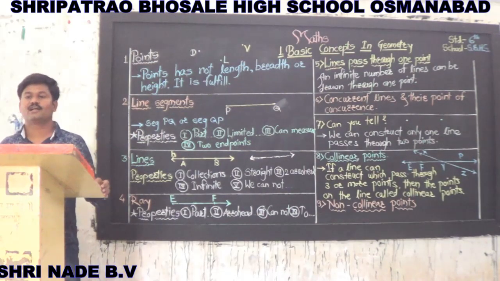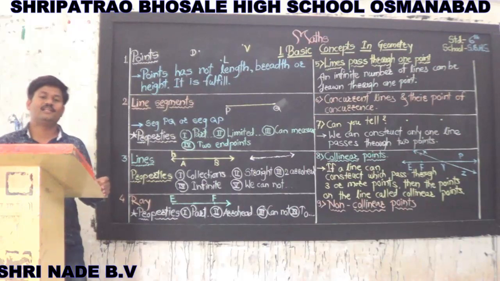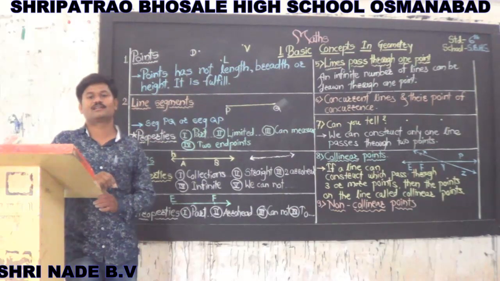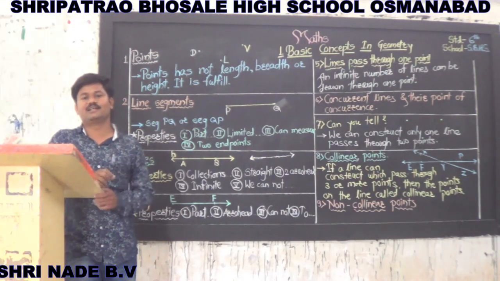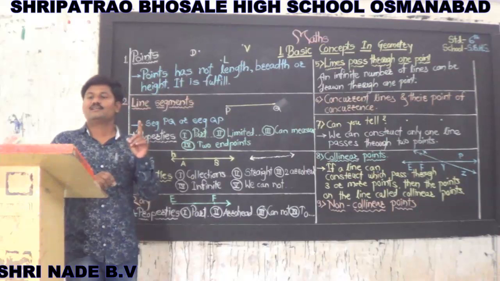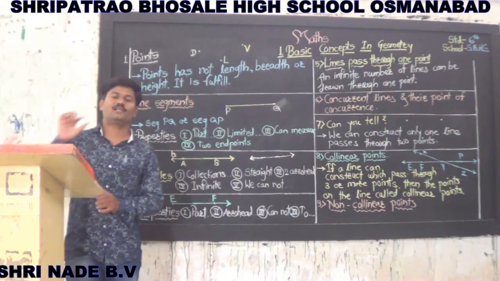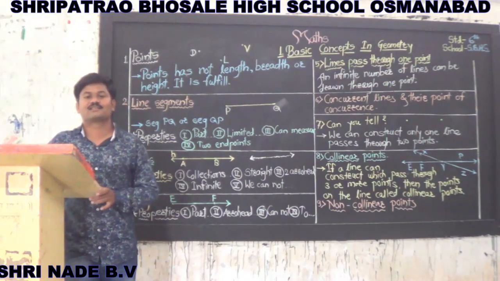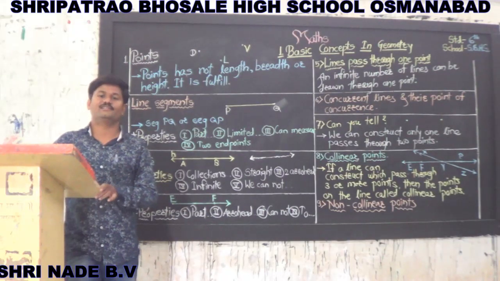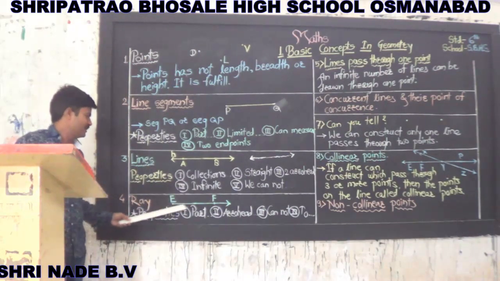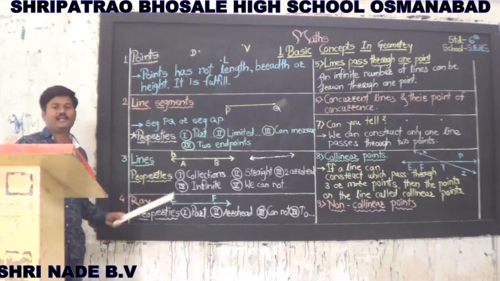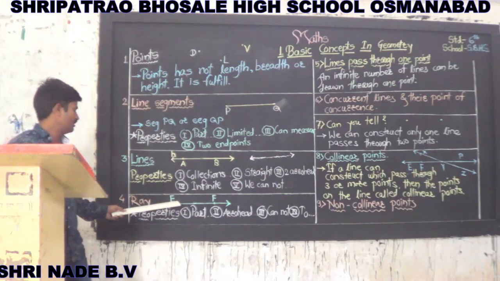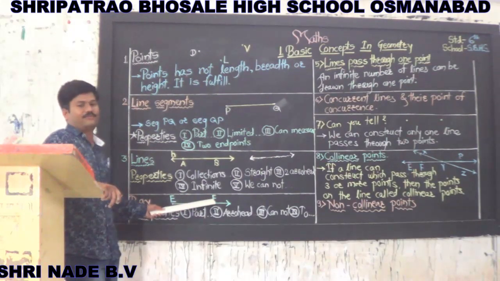Now listen carefully. You know the sun is the main source of our energy. Sunlight is carried by rays, and the sun is the origin or starting point of rays. Similarly, in our maths, there is the concept of rays. A figure like this is called a ray. We can draw a ray like this. On the blackboard, ray EF.